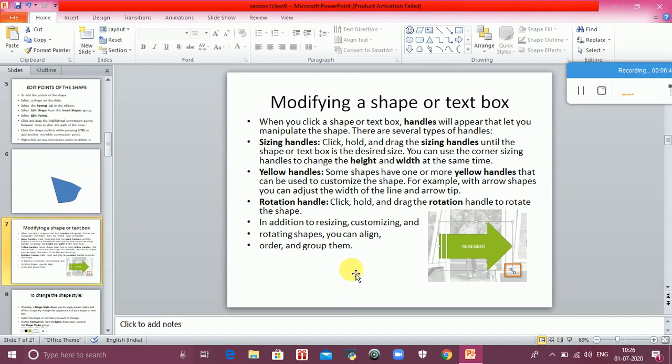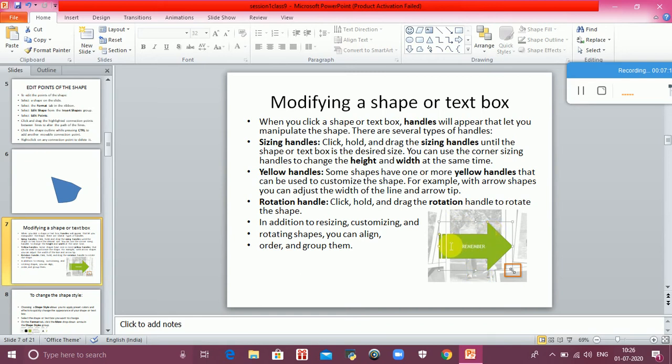Okay, you can use the corner sizing handles. These are the corner sizing handles, these small square boxes. This is used to resize the corner. Next is the yellow handle. Some shapes have one or more yellow handles that can be used to customize the shape. For example, that arrow, you can adjust the width of the line and arrow.